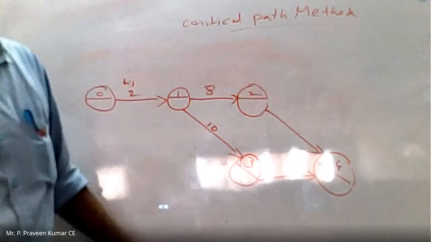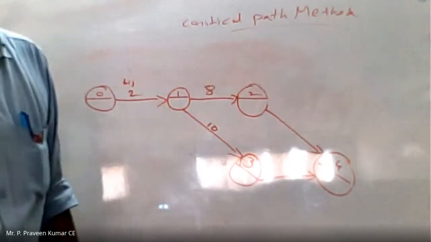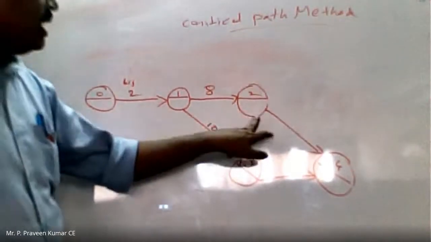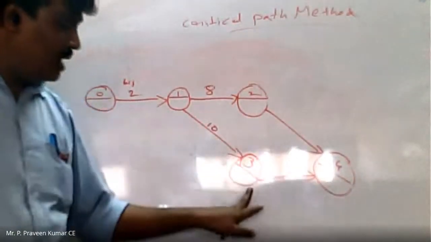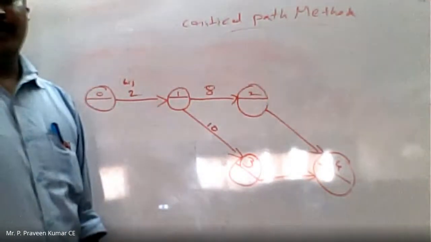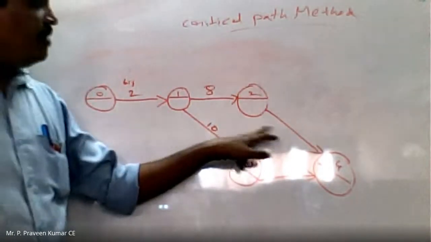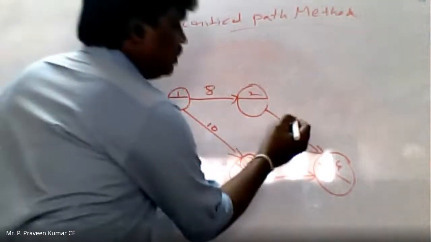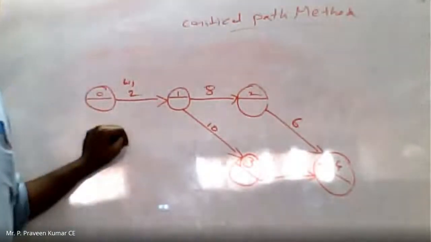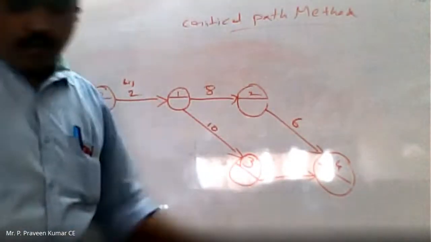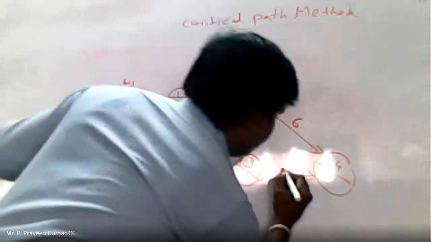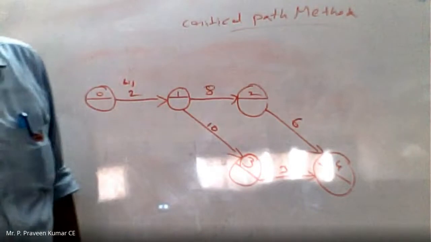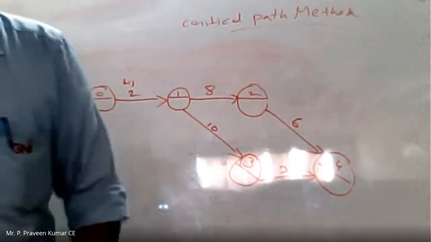You can observe from 2 to 4, one activity they gave, and again the 4 is repeating with 3. So that's why I have drawn from 2 to 4, one activity, and from 3 to 4, one activity. If you observe the duration of activity 2 to 4, what is the duration time? 6 is the duration time. What is the duration time between 3 to 4? 3 is the duration time. Now 2 to 4 and 3 to 4 are over.